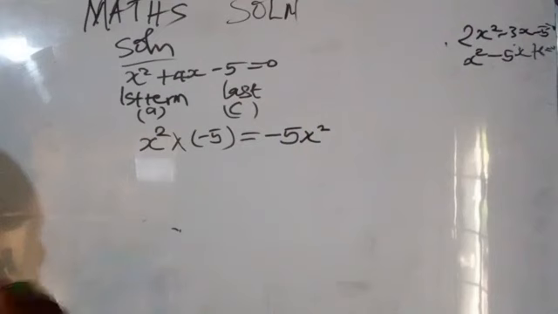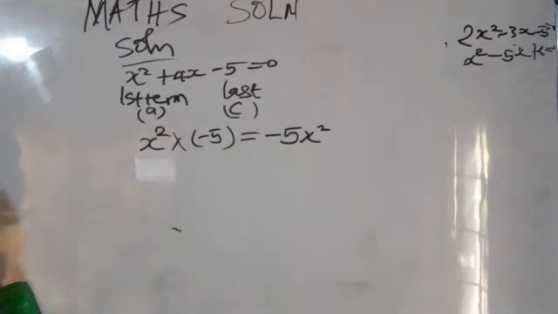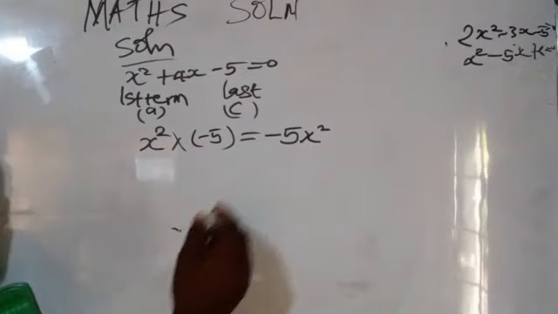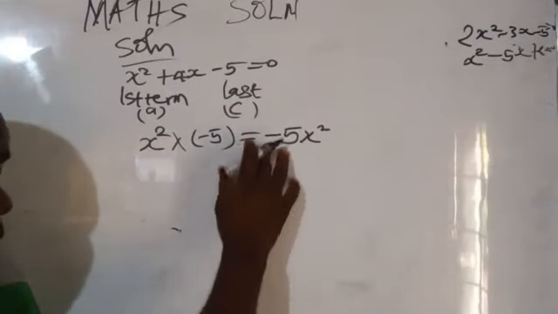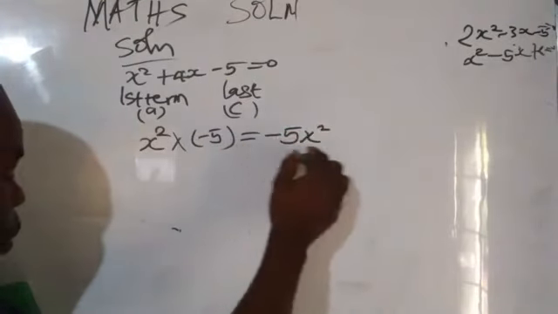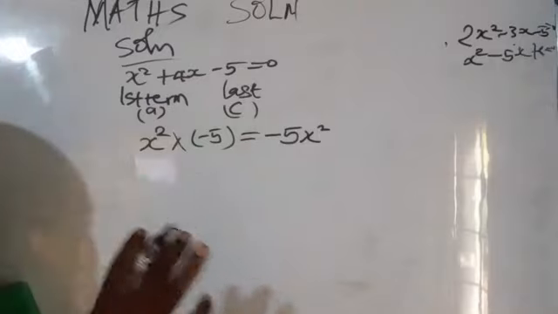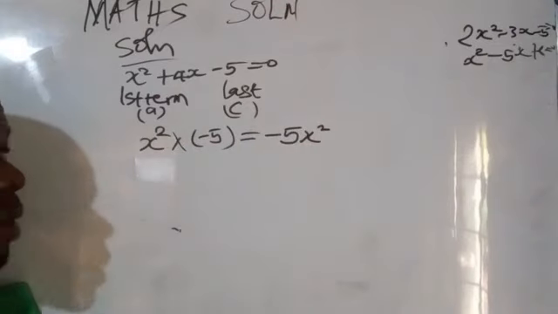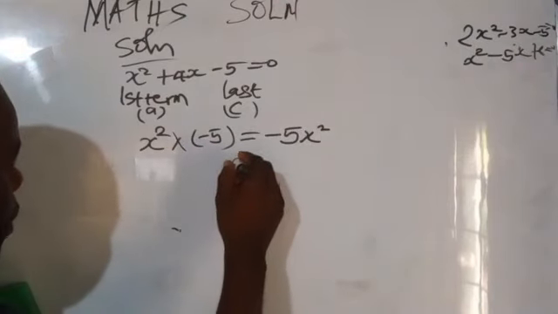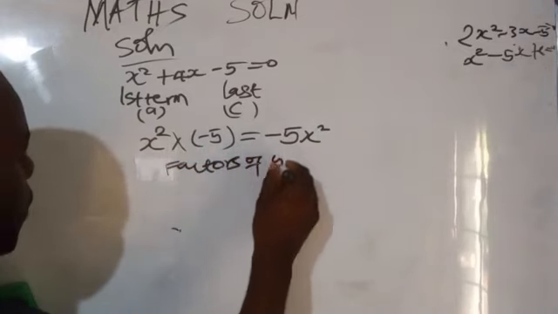What's the next plan? The next step now is to list out the factors of this 5. You write down the factors of this multiple of the first term and the last term, that is the numbers that can divide this 5 without remainder. You have 1. 1 can do it. The factors of 5